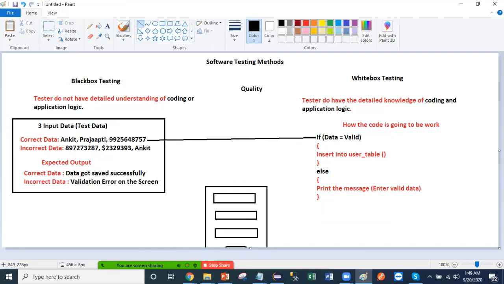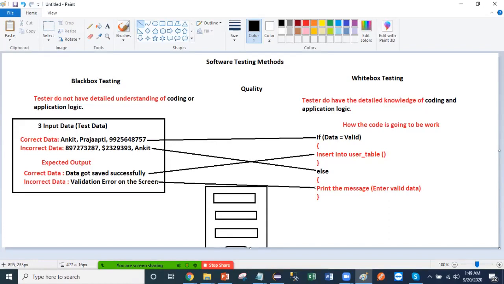If it is valid data, the data got successfully inserted. Else, if it is invalid data, you show this message on the screen. That message is coming from this code file. You see the link.